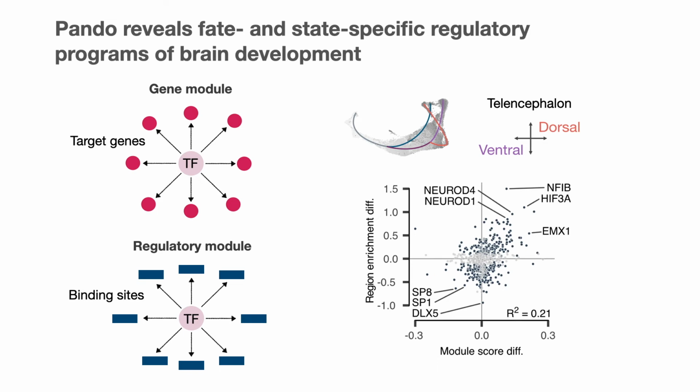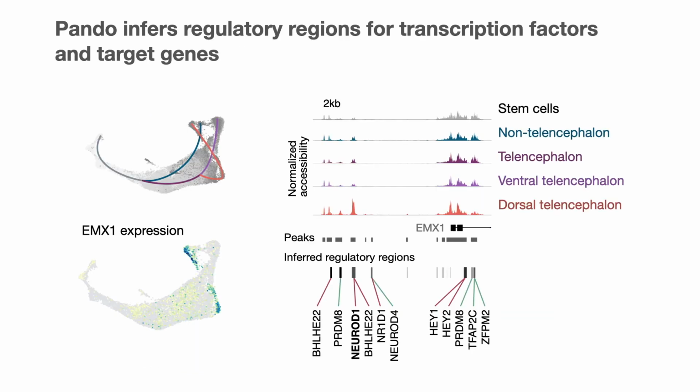Now, because we're including these binding sites into the model, we can also really zoom in and look at these inferred regulatory regions specifically. So here, we're looking at an upstream region of a transcription factor, EMX1, which is specific to a dorsal telencephalon. We can actually see a lot of these inferred regulatory regions and the transcription factors that bind them. And one thing that I hope you can appreciate, that a lot of these regulatory regions also really drastically increase in accessibility once we come into the dorsal telencephalon.